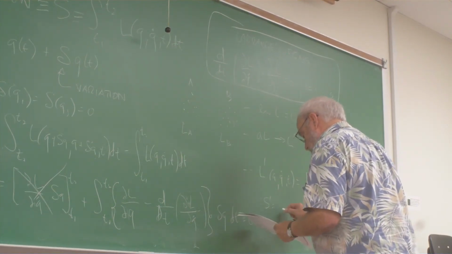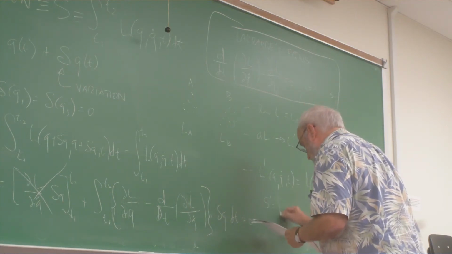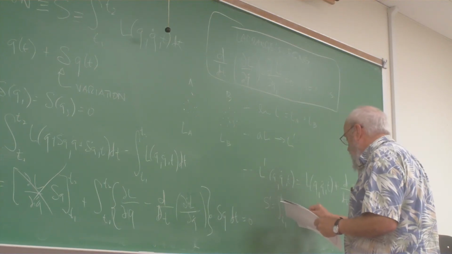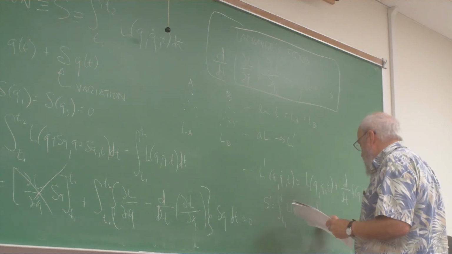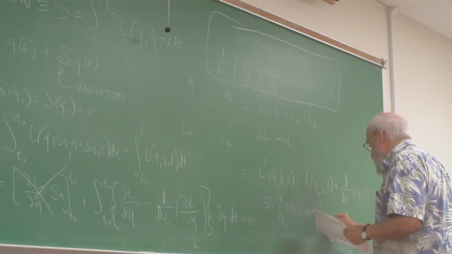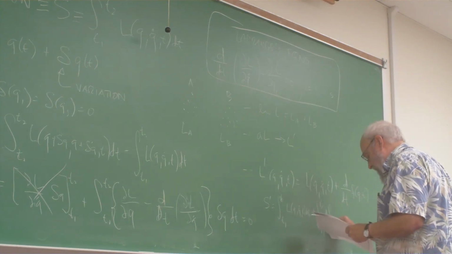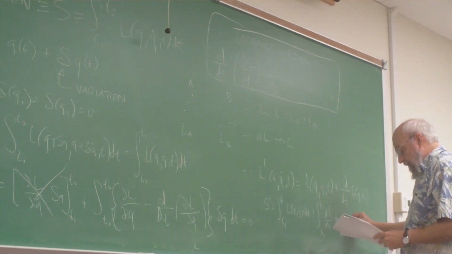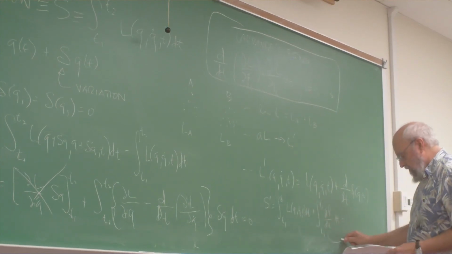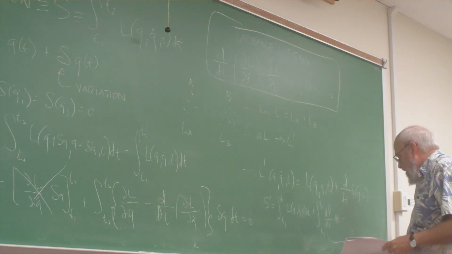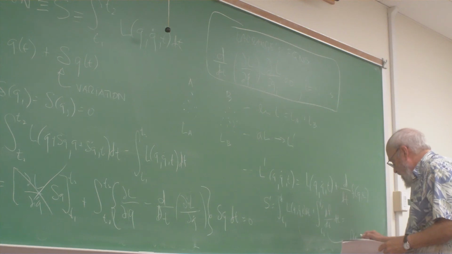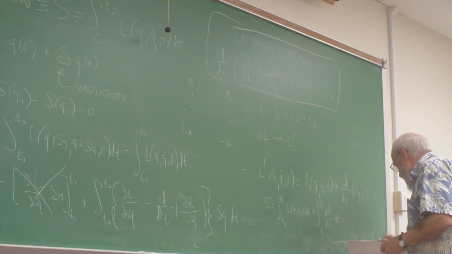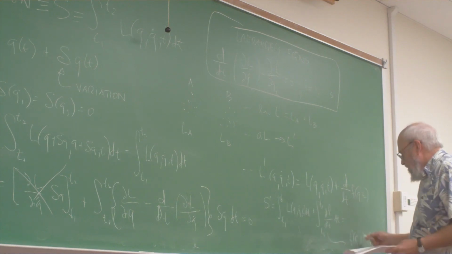The S prime in this case, which will be then the integral of the L prime, is equal to the integral from t1 to t2 of L of the usual one, q dot and t dt, plus the integral from t1 to t2 of this function df/dt, which is a whole derivative, so we're done. So it's just then this piece plus this piece is just f of q2 and t2 minus f of q1 at time 1 and t1, those values at the